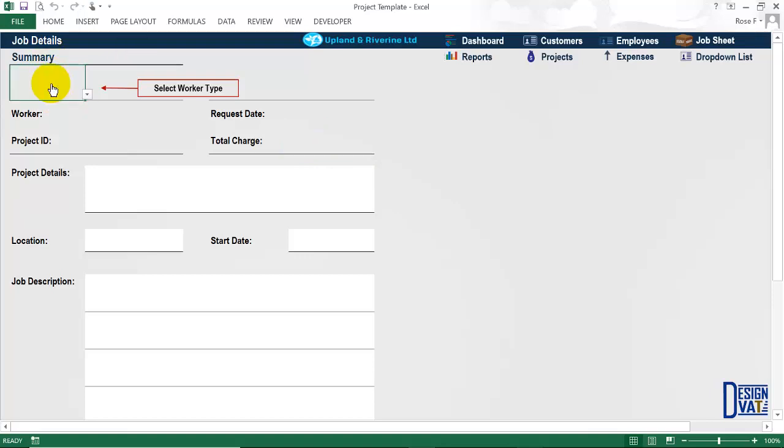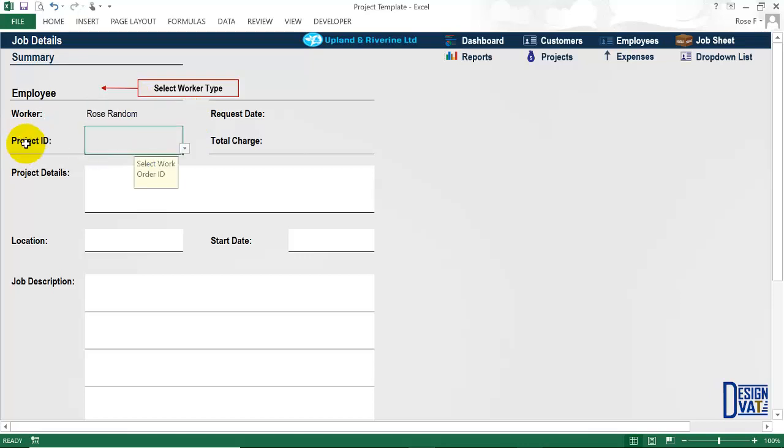So all you need to do here is, first of all, indicate the worker type. Is this a contractor or is this an employee? If you follow the arrow, select worker type, there's only 2 options. So it's either an employee you want to generate this report for or a contractor. If you select employee, next you indicate the worker. It's going to automatically display only the employees you have. Recall there are only 2. Once you click on a particular employee,